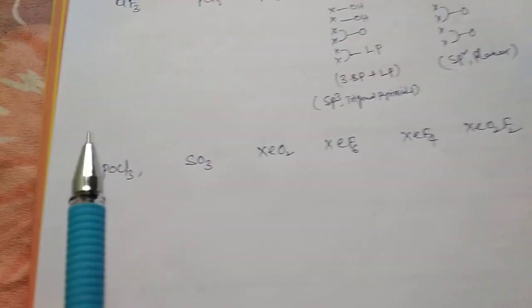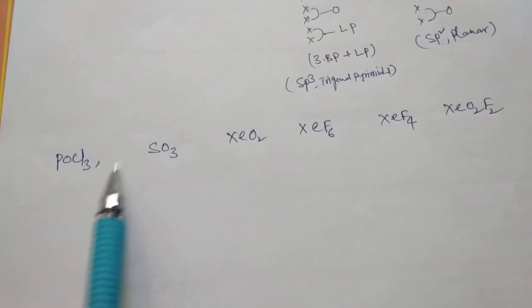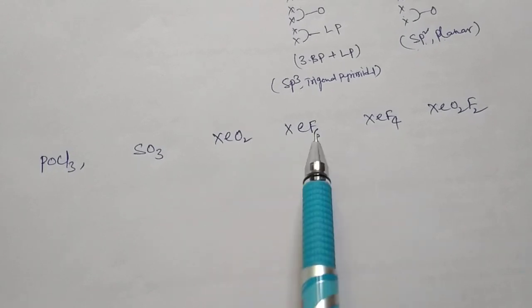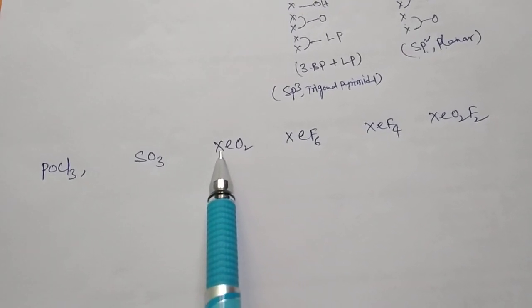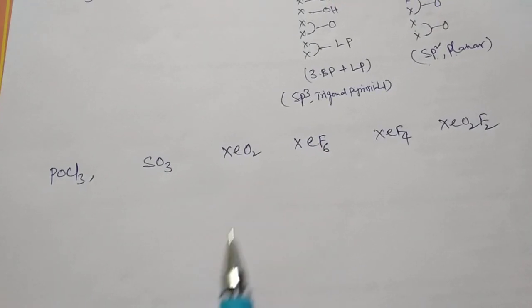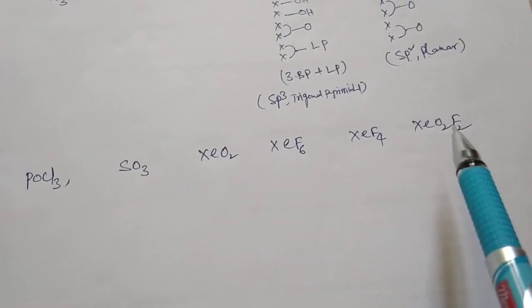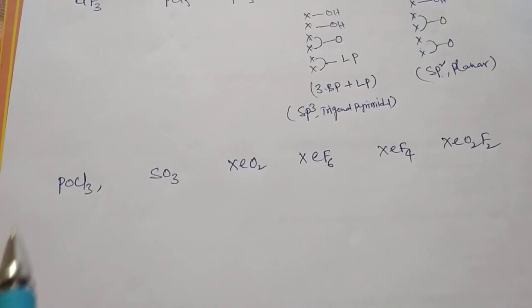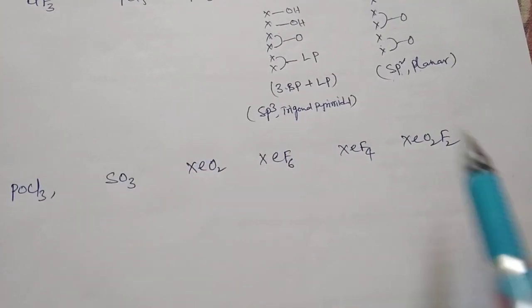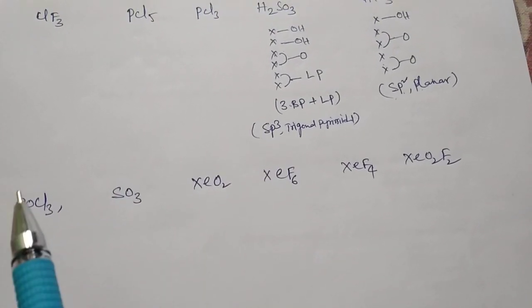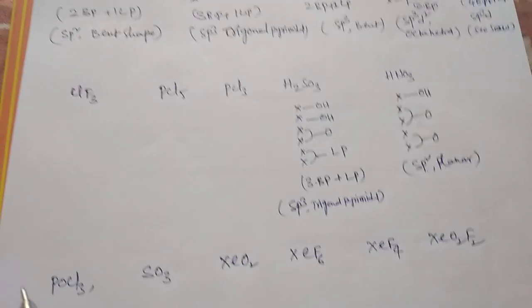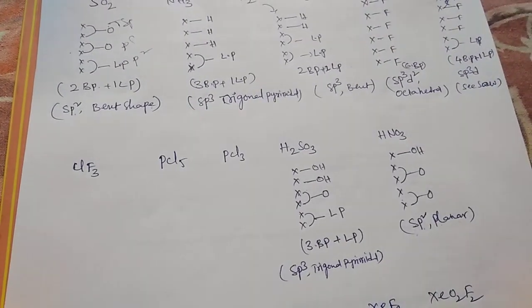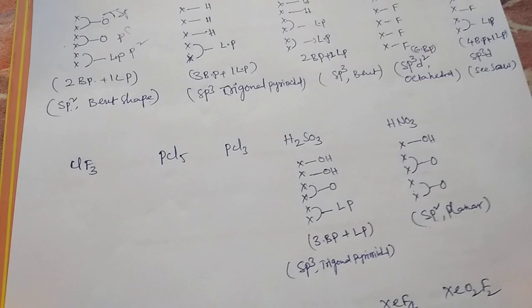Similarly, you people calculate POCl3, SO3, XeO2. Xe is a 0 group or 8th group element, so 8 electrons you take. You can get all the things. Phosphorus, 5th group element, 5 electrons you take. So you can easily identify the molecular geometry, hybridization, how many lone pairs, how many bond pairs. This is the trick I would like to give you people. Enjoy and please